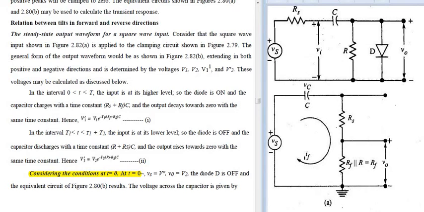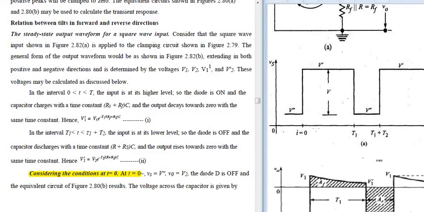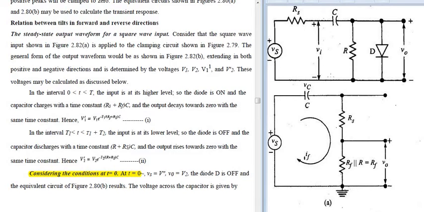See here. So here very first I am taking the consideration that the diode is in the on condition, right? And the time period is between 0 to capital T. And one more condition is that your diode is also on. So at that particular time this capacitor will be having the time constant as Rs plus, since the diode is on, it is in the forward direction. So here the resistance will be your Rf. So that is your (Rs plus Rf) into C. This is the time constant of your capacitor. So the capacitor charges with the time constant of (Rs plus Rf) into C.